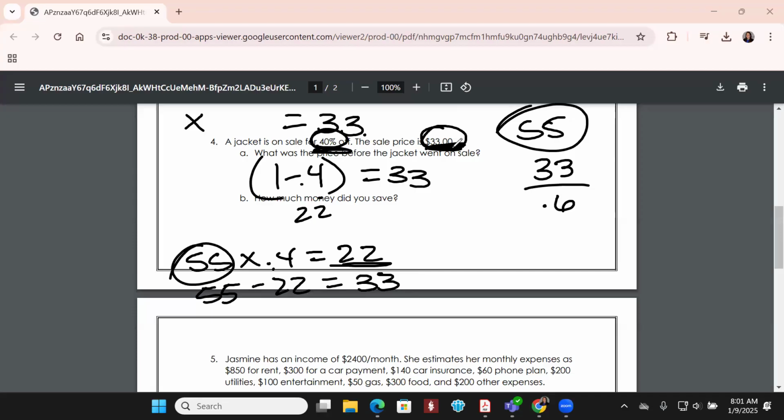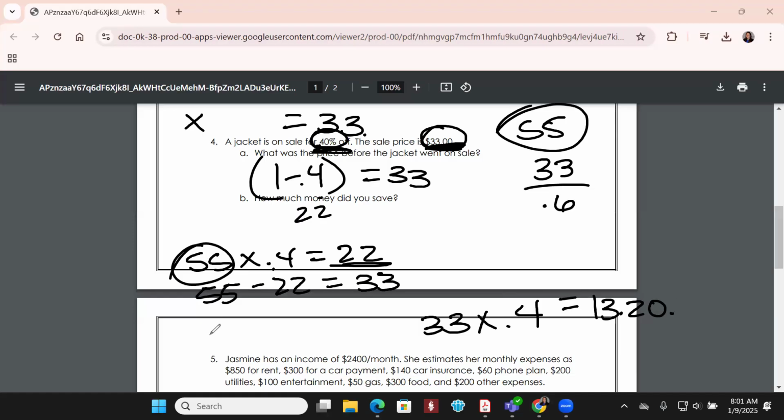I was gonna ask, why wouldn't you just take the sale percent and multiply it by the sale price? So take 33 and multiply it by 0.4. Yeah, what did that give you? That gave me 13.2,